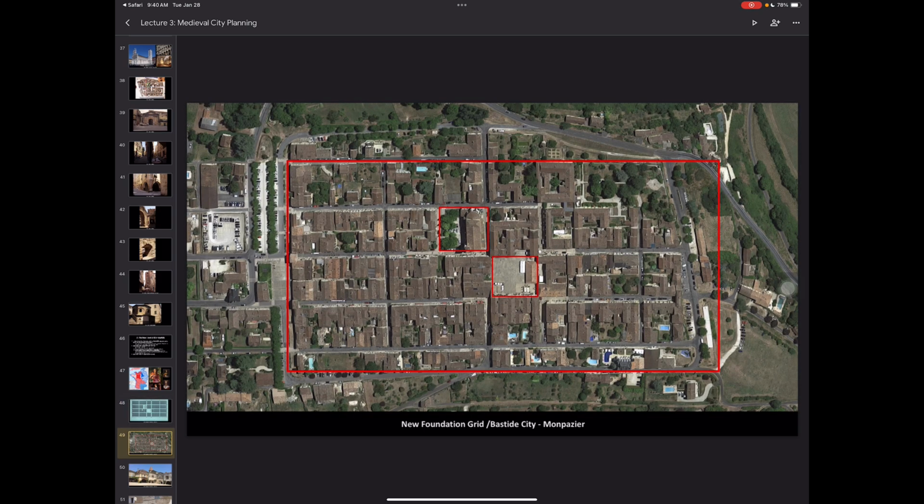So this is Montpensier in France, right? You can see the tiles are a little bit more muted, and we do still have our central square. Notice that the grid is very, very well preserved. It is not as eroded as the other ones because, once again, it is master planned.